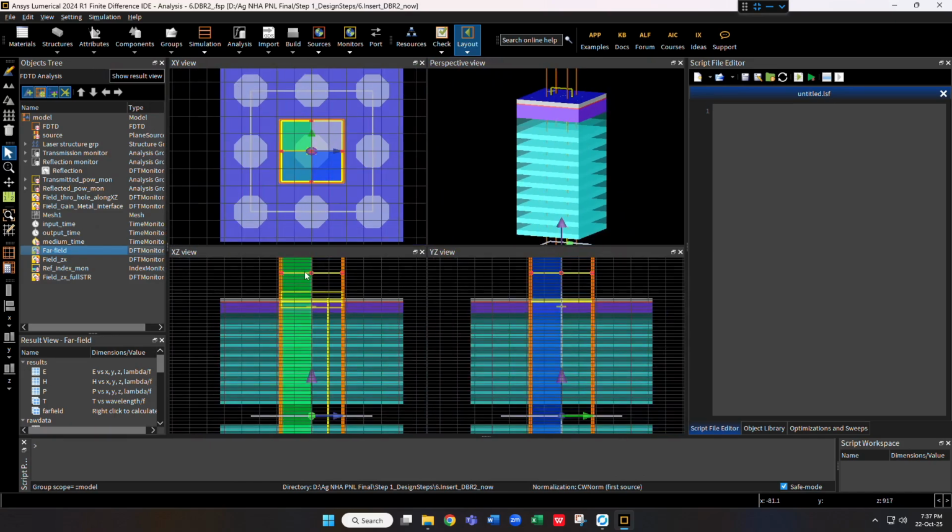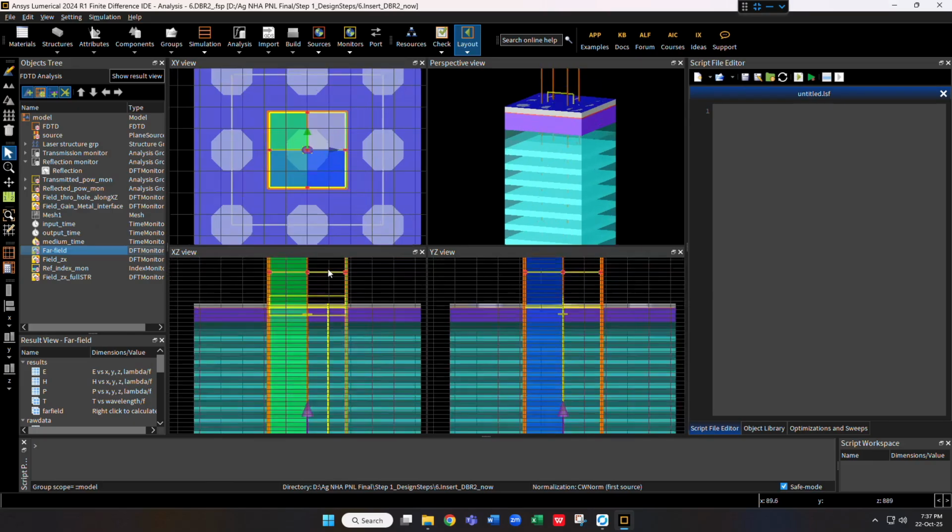So this is the transmission side of my device, and this is a very normal DFT monitor. So after running the file, right click on this DFT monitor, from the visualize go to the far field,